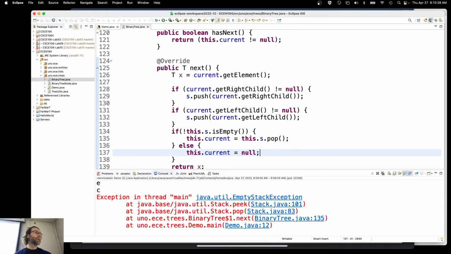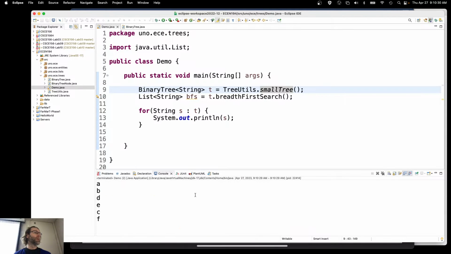Right? Let's see if that worked. A, B, D, E, C, F. Right? And if we change this back to the large tree, just to make sure that it runs and that it stops, right? There we go. And if you want to, you can go back to the last lecture and see if that actually matches. You can